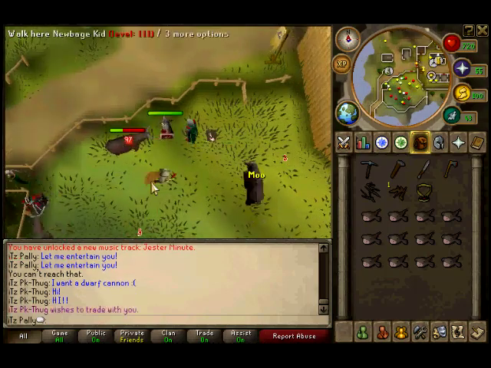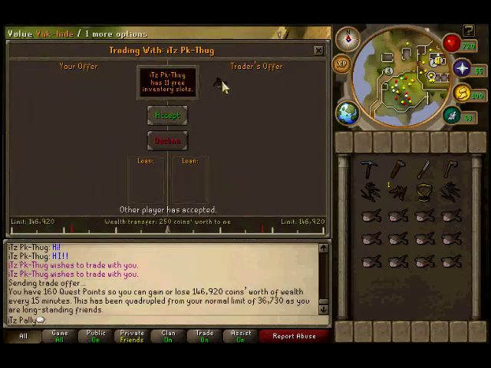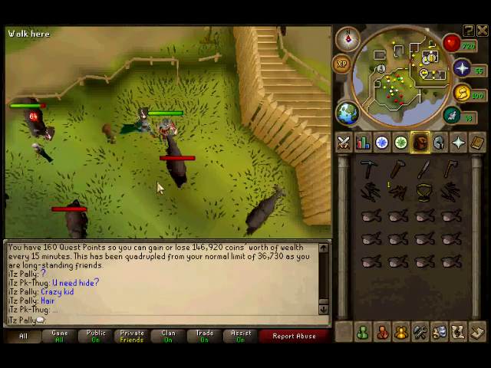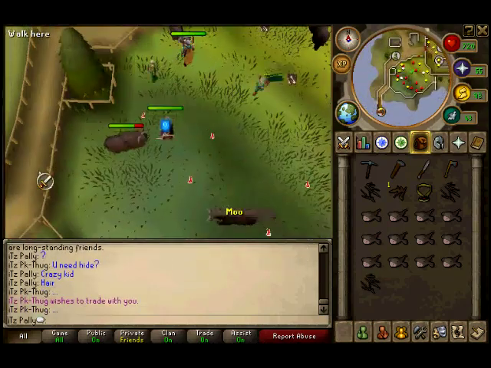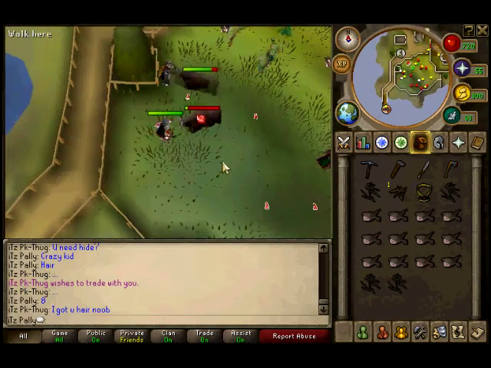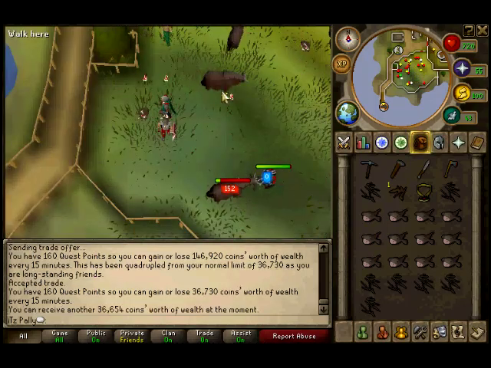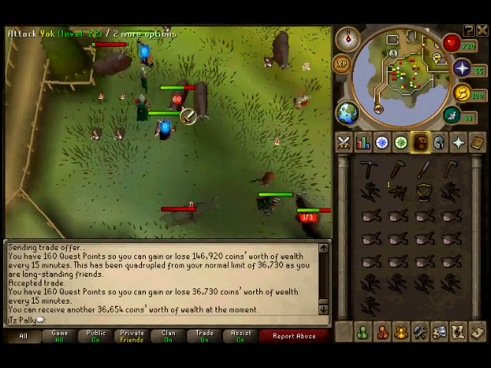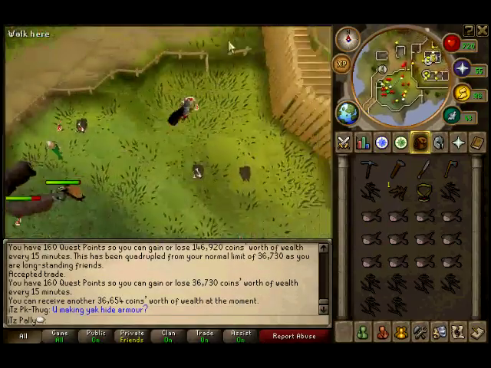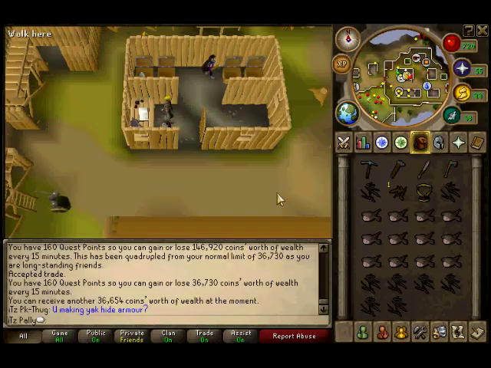I didn't make the mistake of not having inventory space like in the mines, so I dumped some of my monkfish and items I didn't need, and I start collecting hair, and PK Thug thought that I needed yak hide, so he tried to give me some, but it's all good, because after I got about 5 yak hairs, he traded me 2, so I only need to kill 1 more, and I killed him, took his hair,